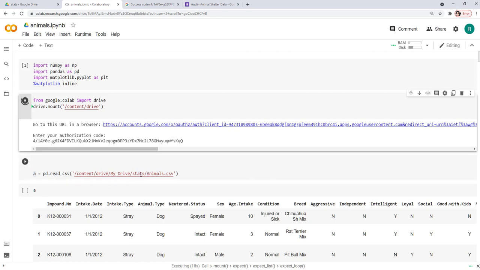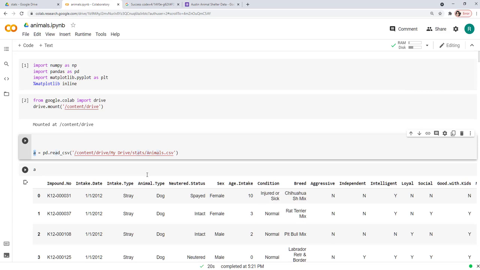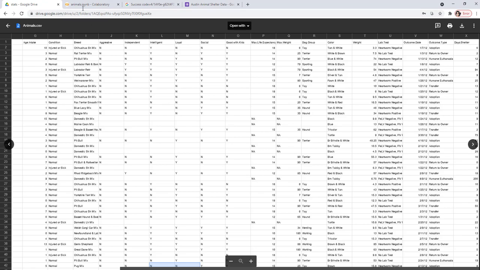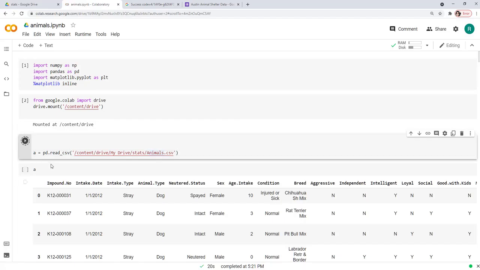Now I give the path. Inside the stats folder, there's a file called animals.csv which we just saw. I will read it into A, which is now a data frame.